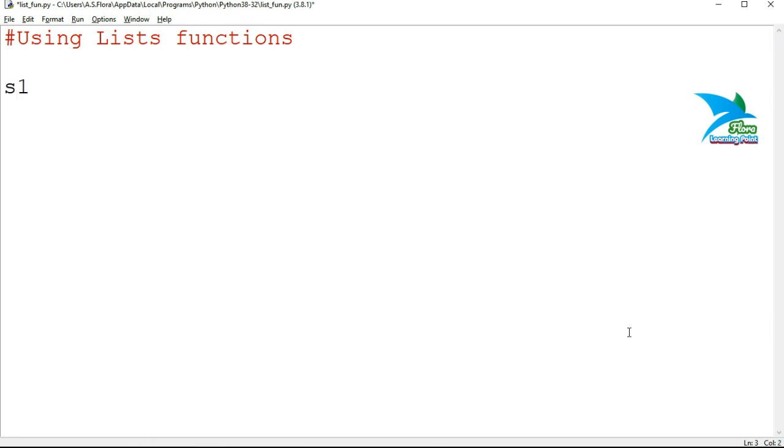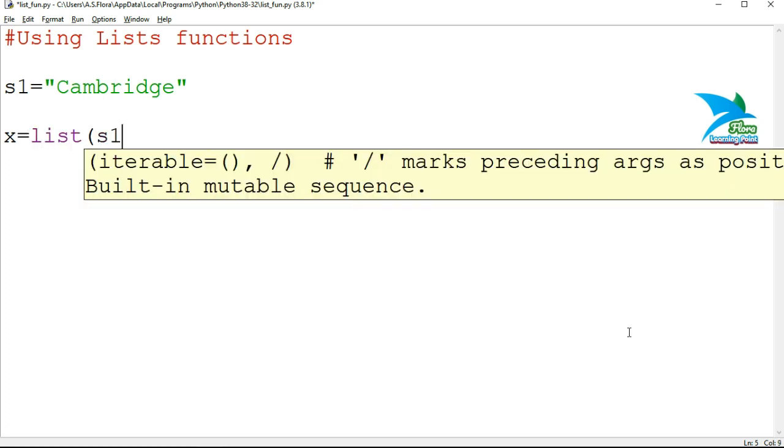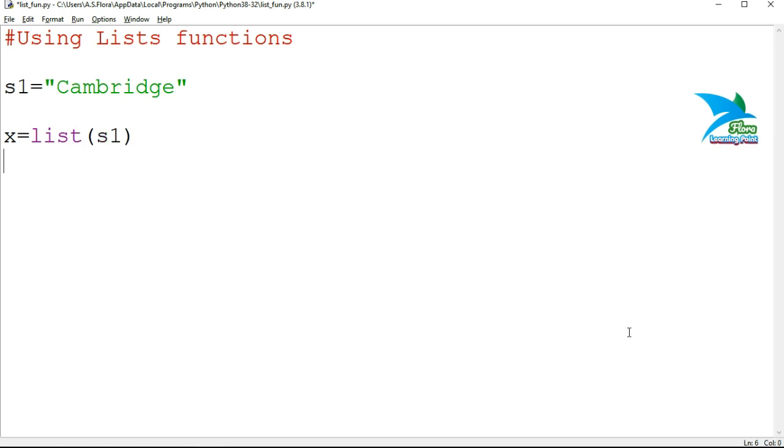So let's demonstrate how we can make use of this list function. First we'll use the list function with a string. I'm going to store Cambridge inside a string variable, so s1 is a string. Now I want to convert the elements of the string into list elements. So just specify the name of the list, x is equal to list, and inside the list function you have to pass the name of that string.